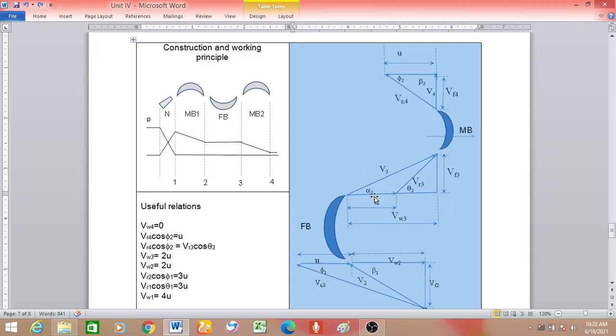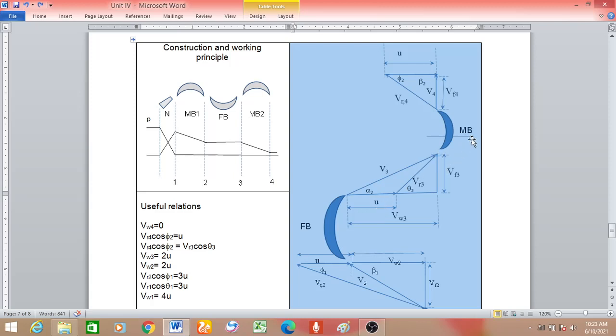Look at the angles. I have made alpha 2, theta 2 for stage 2. And the velocity components are 3, because 3 refers to the inlet to the moving blade 2 or the outlet of the fixed blade. Okay. Blade velocity remains constant throughout. Make a note of it. Why? Because it is an axial flow machine. U1 is equal to U2 is equal to U3 is equal to U4. So the fluid enters and leaves at the same height from the center of the axis. So there is no diameter effect for an axial flow machine. So U is maintained constant.